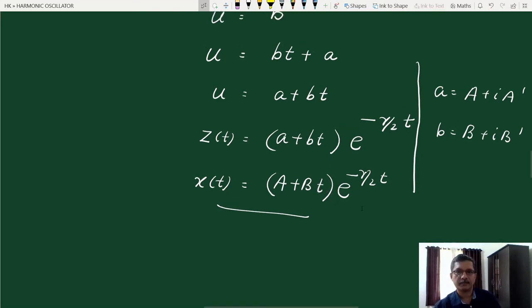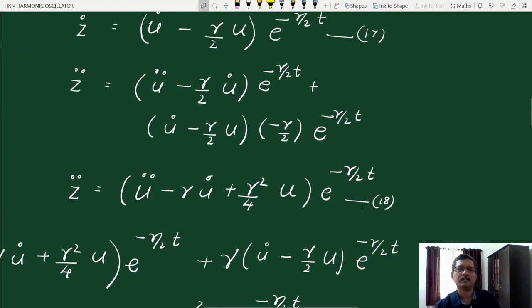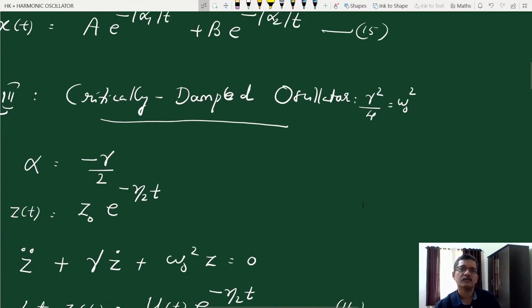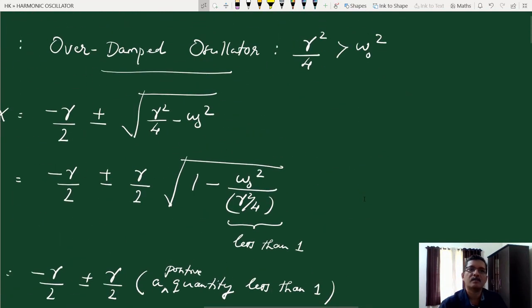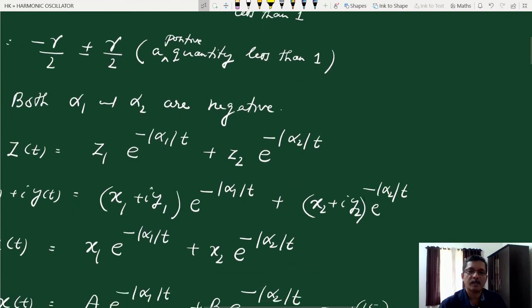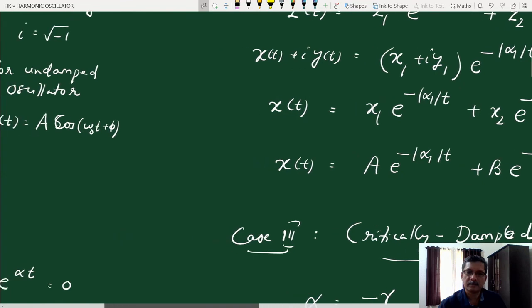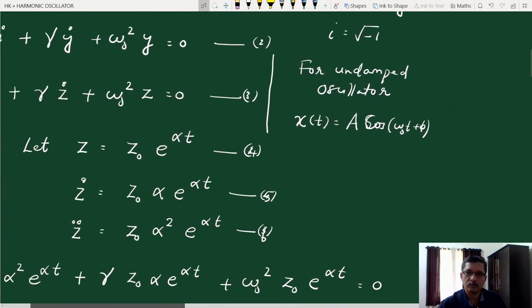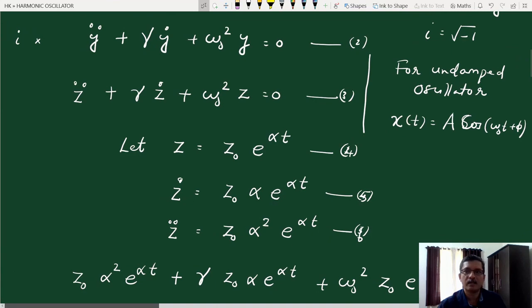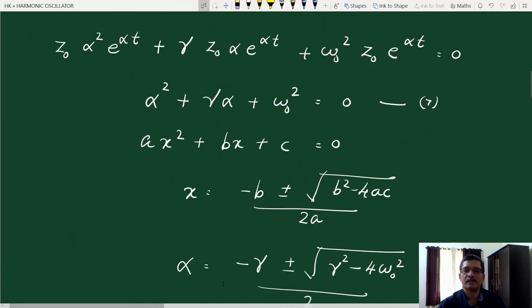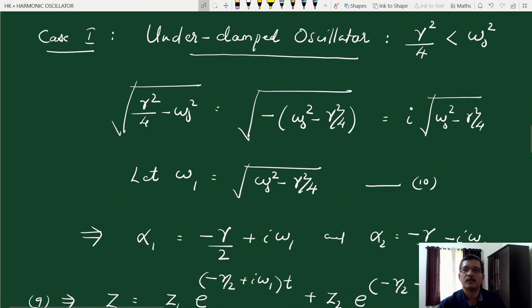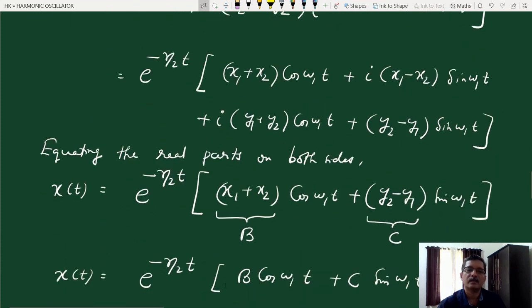critically damped situation. So there are generally three cases. Underdamped case, where gamma square by 4 is less than omega 0 square. Overdamped case, where gamma square by 4 is greater than omega 0 square. And critically damped case, where gamma square by 4 is equal to omega 0 square. And here the more interesting case is the underdamped case, where gamma square by 4 is less than omega 0 square, and there the solution, we have seen that